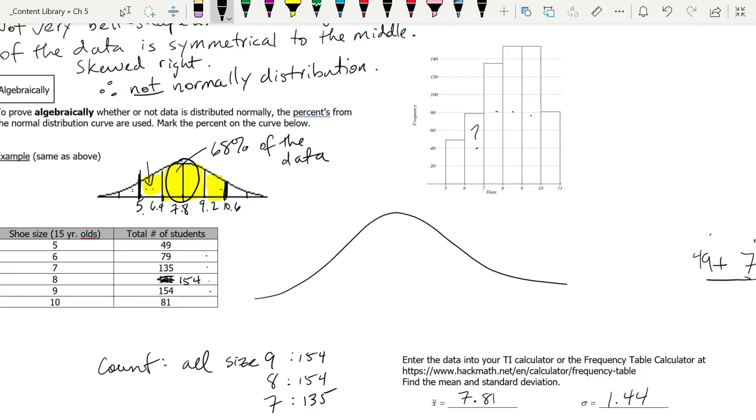But if your foot's a little bit smaller than a 5, would you cram yourself into a 4, or would you probably buy a size 5 shoe? You'd probably err on the side of comfort and go a little bigger. So I'm comfortable putting the 5s in this one, but I don't know about putting the 10s in that one, right? Because if you're a little bit bigger than a 10, wouldn't you buy yourself an 11